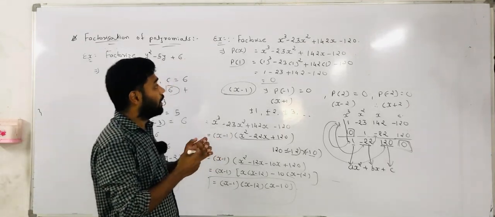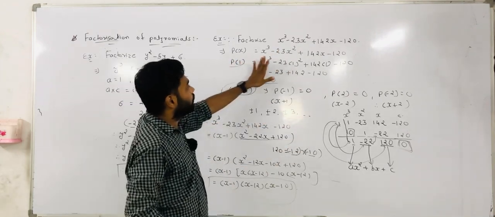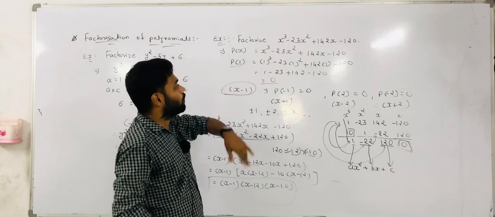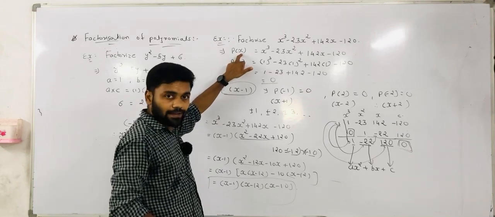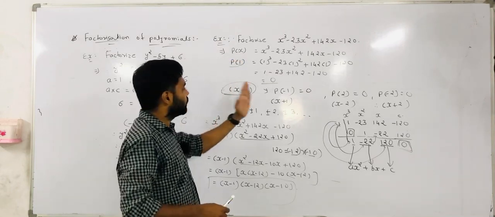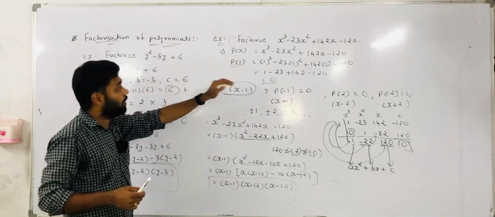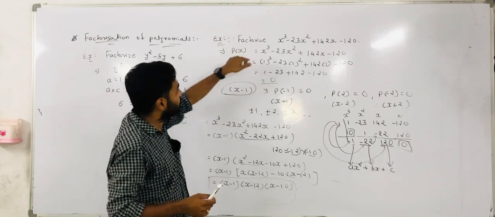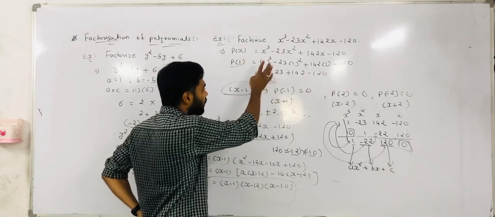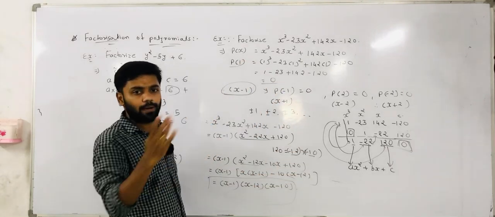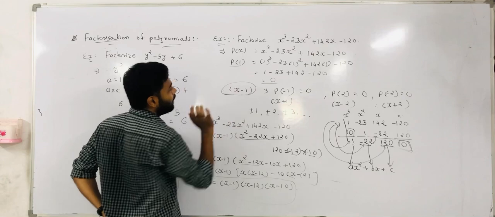So again repeat. If we have to factorize the given cubic polynomial, the first step is to find one common factor by putting different values of x: plus or minus 1, plus or minus 2, plus or minus 3. So starting from x equal to 1, if we put x equal to 1, यहाँ इधर एक इस पर देखो we got 0. By putting 1 we got 0. So no need to go further for minus 1 or minus 2. Stop here. So one common factor will be x minus 1.